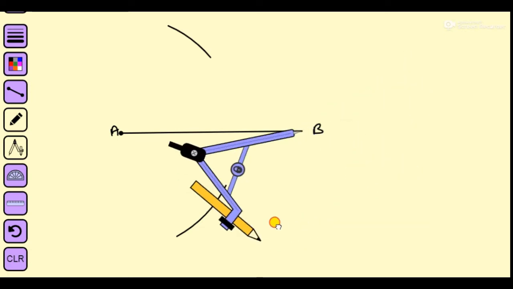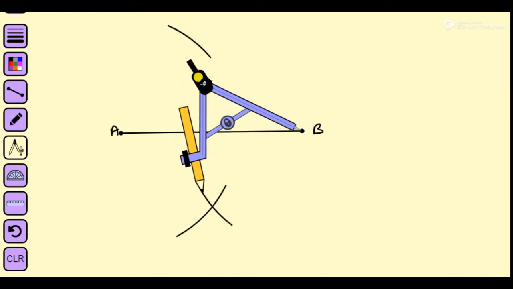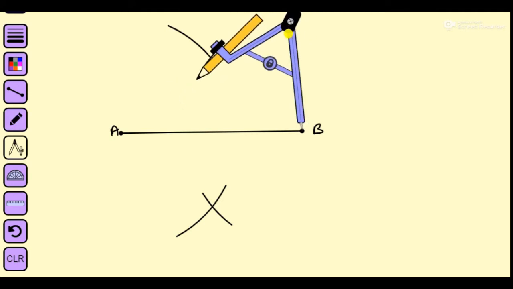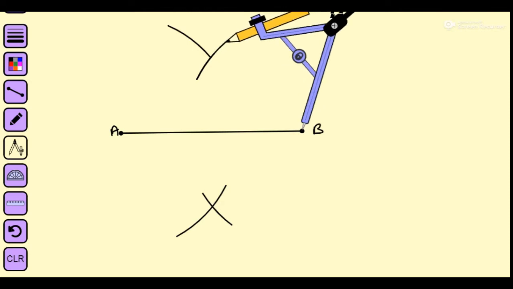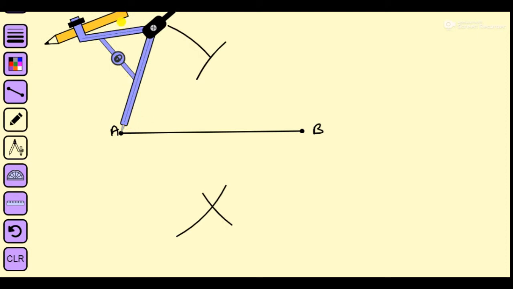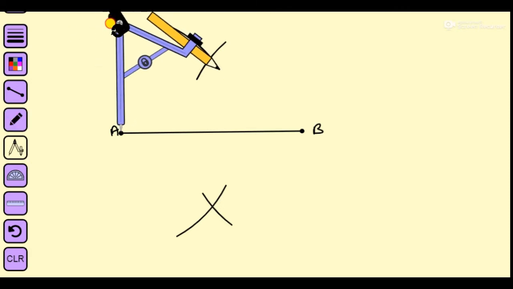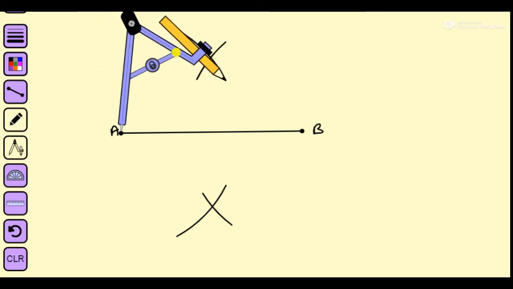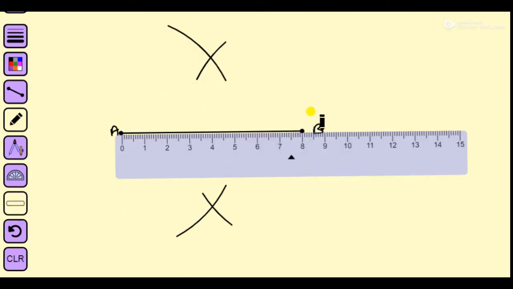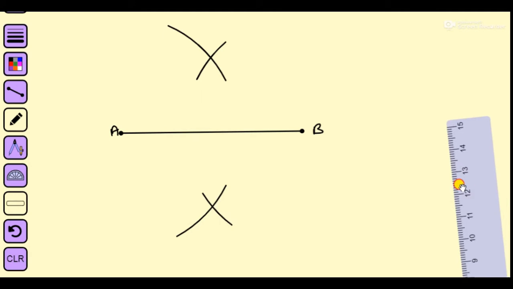Now put the compass at B and make an arc like this. It is looking like this. So you can put one arc here, and the second arc is here. Both the arcs intersect at this point. If they are not intersecting, put the compass again at A and check where the point is, and draw the arc once again. Then remove the compass, take the scale, and join these intersection points.